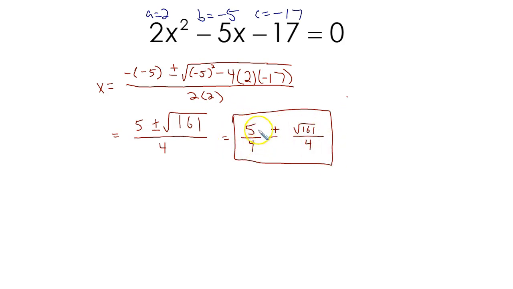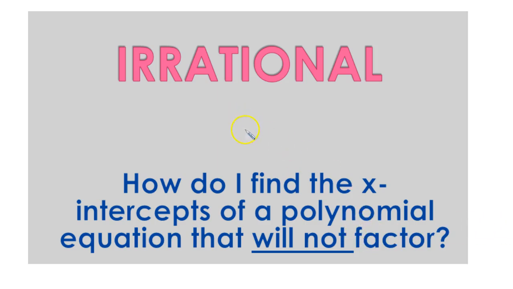Remember, this is really two answers, 5 over 4 plus root 161 over 4 and 5 over 4 minus root 161 over 4. So we've kind of reviewed the quadratic formula. Let's get into some actual working with polynomials that are a little bit larger and seeing if we can use this to solve them. Remember, the idea here is